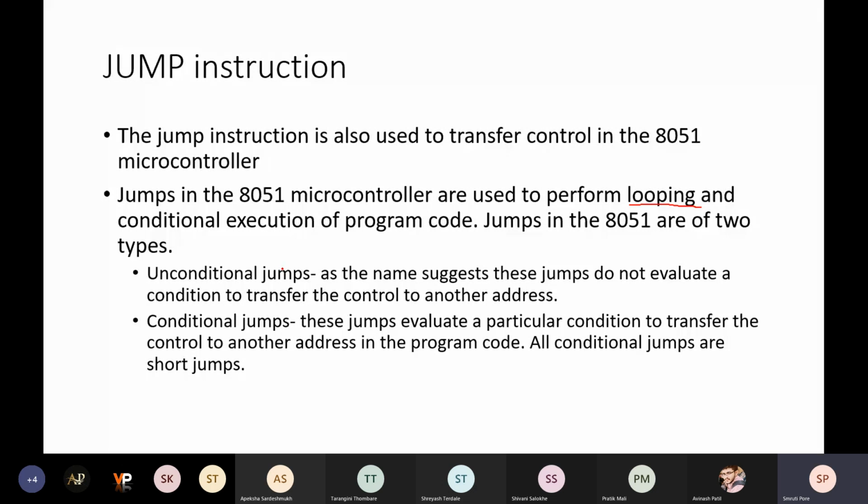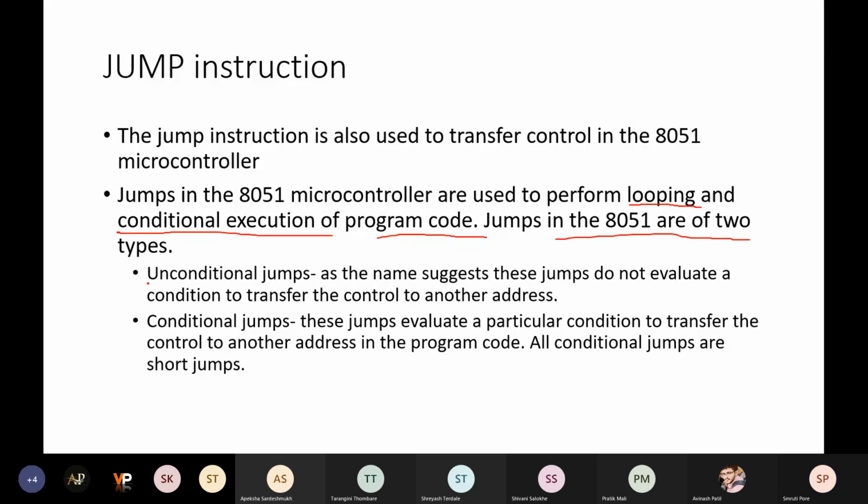And the second one is conditional execution of the program code. Means if a particular condition is met, then only you are going to execute that program code. For that, you are using the jump instruction. Now, jumps in the 8051 are of two types. So what are the two types?